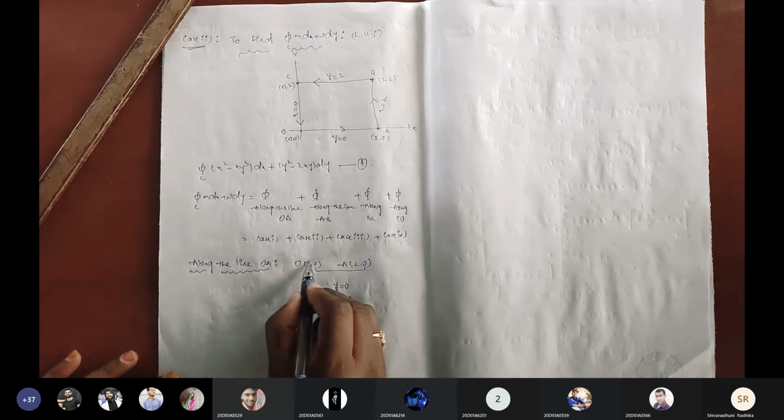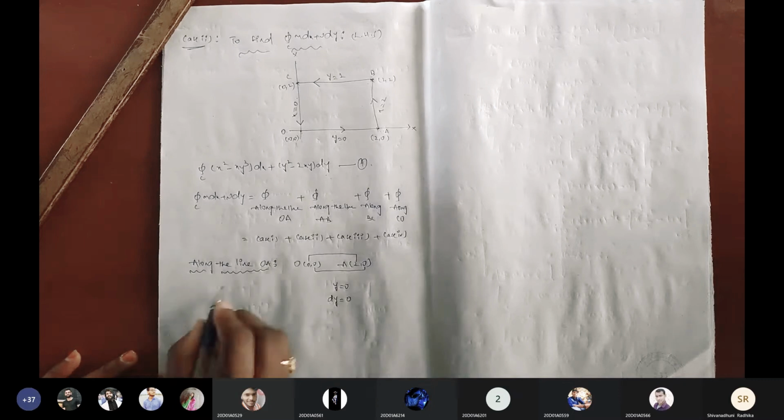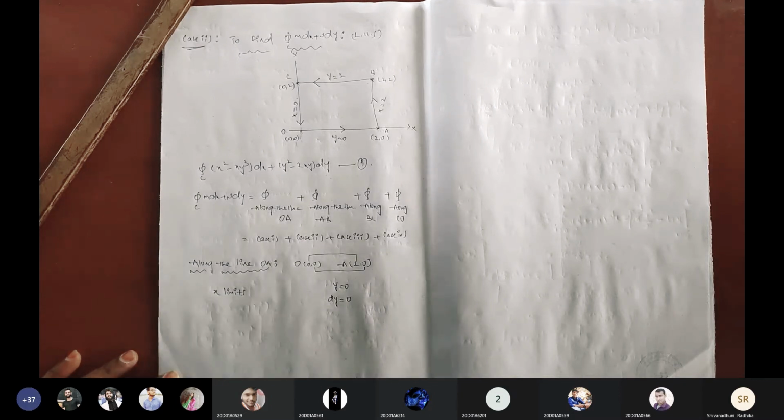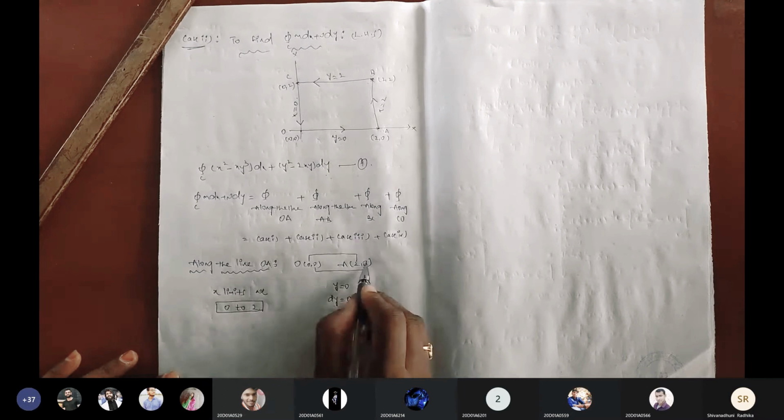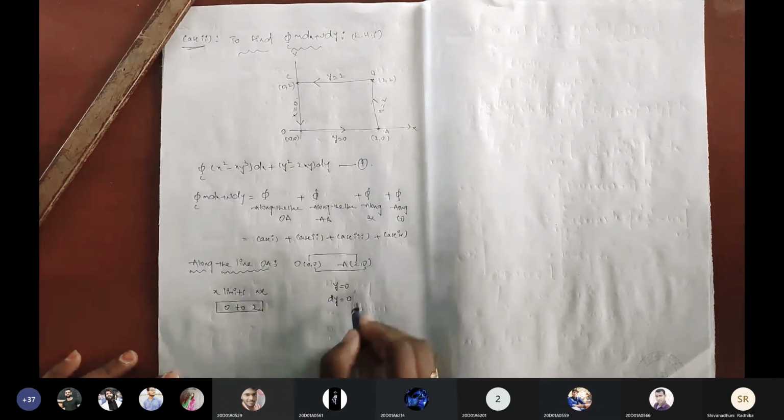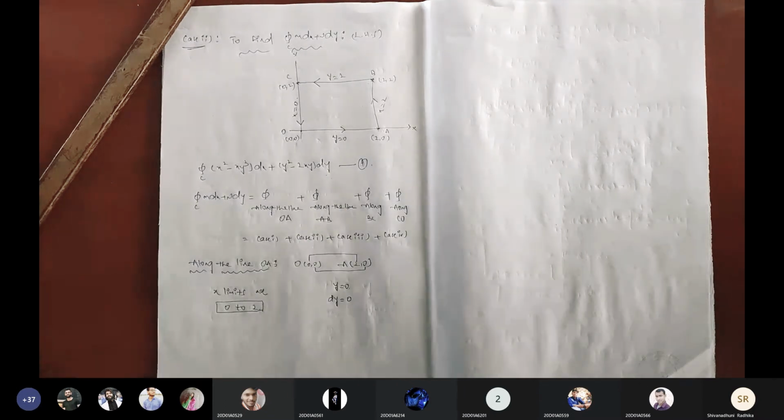See here, x values are 0 to 2. Now they are going to be taken as the limits. X limits are 0 to 2. It is clear? The same values are there. So that is the line we should take, differentiating. For that purpose, we have to take.